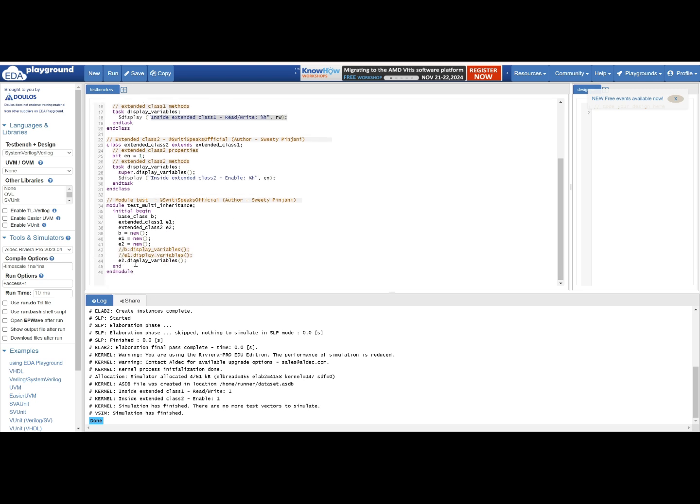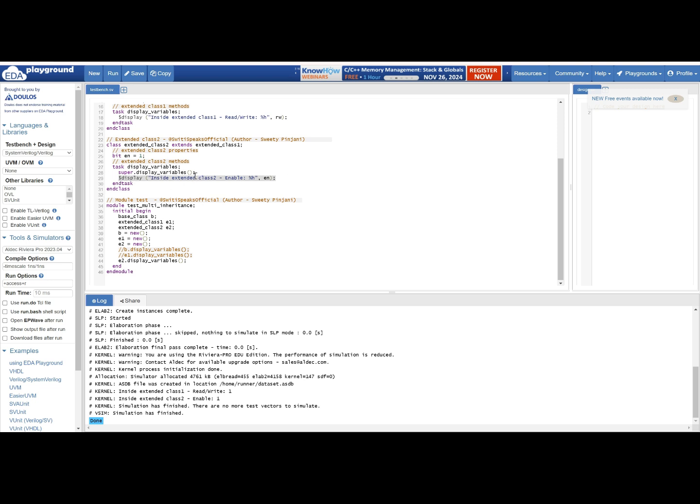And then, since you called e2 dot display variables, and in that first was super dot display variables, which it called and displayed this, later on it also executed this particular display, and then you got the value of enable. Here you saw that you are using the functionality of the base class as well as adding something to it. It means you are reusing the code and adding some more functionality.